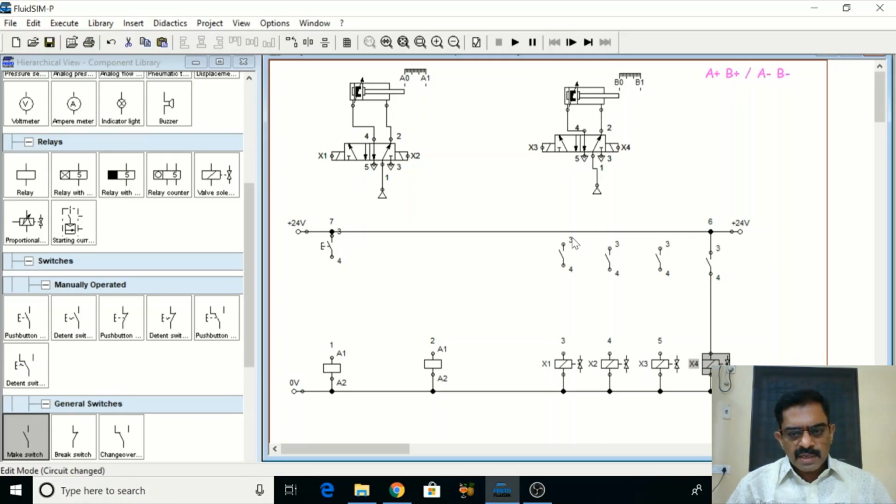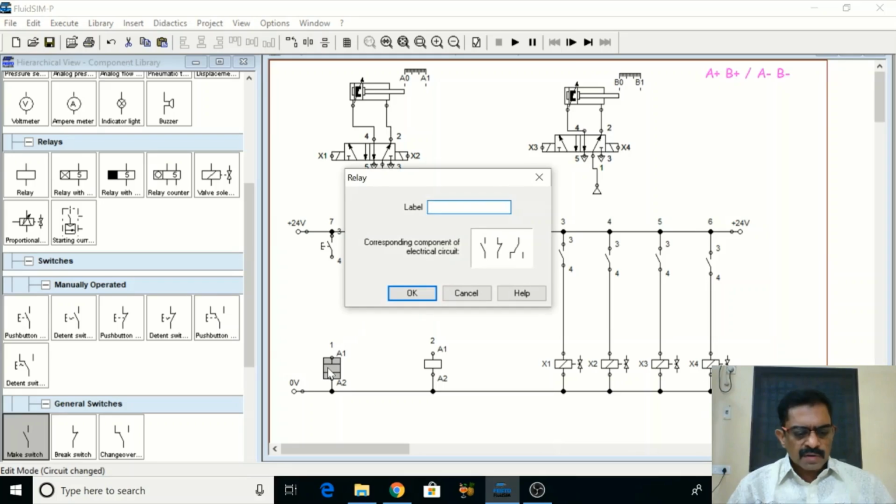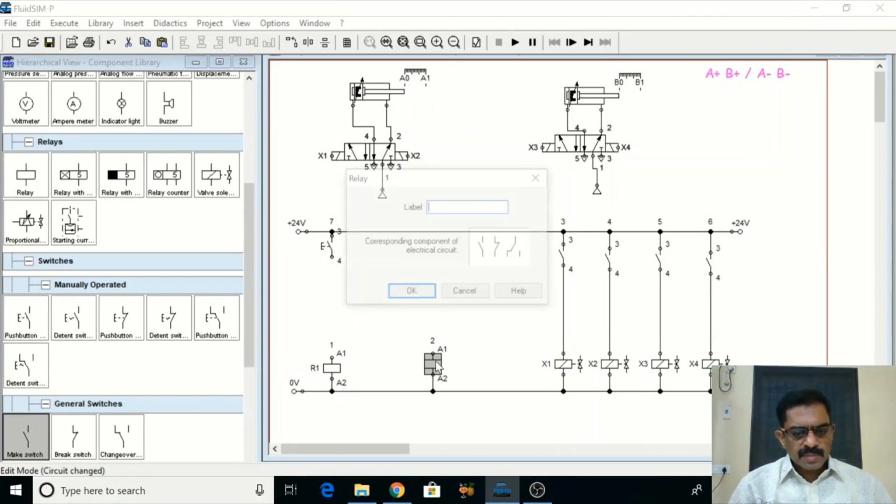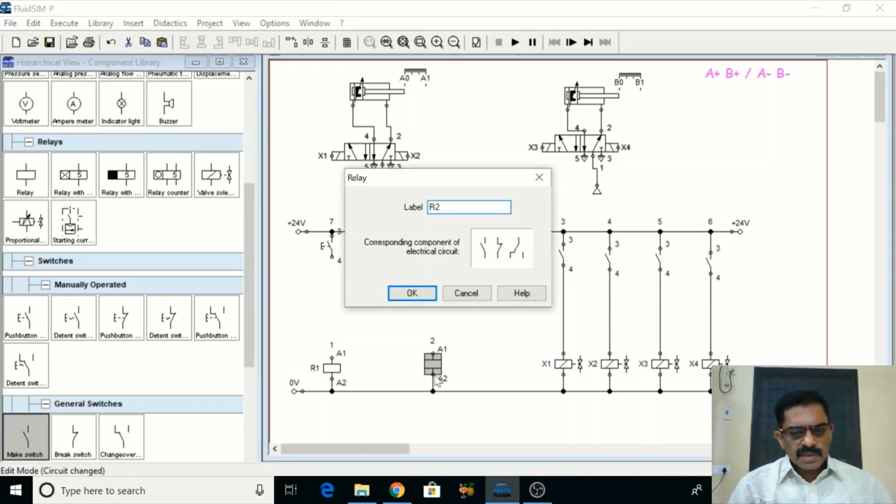So let me connect everything to here. So I have to choose relays here accordingly. That should be done carefully. So here this is my R1, relay 1, and this is my R2, relay 2.